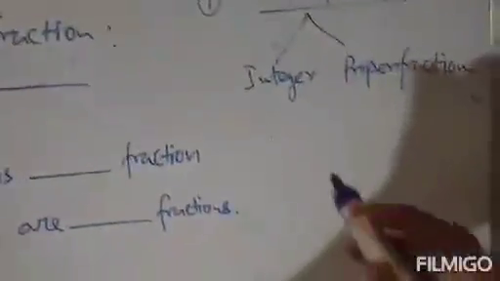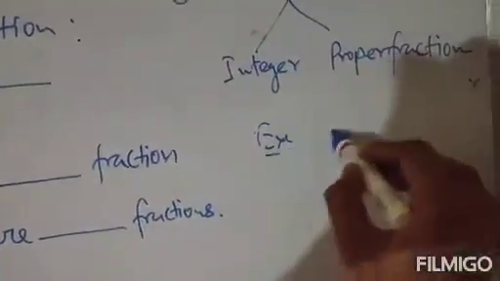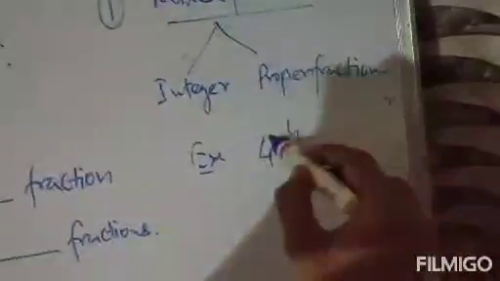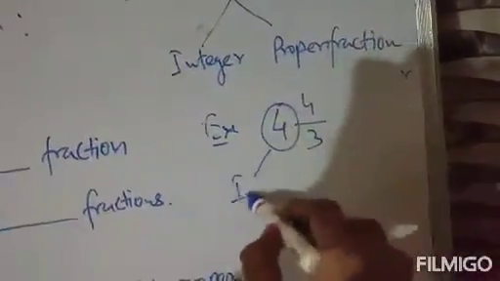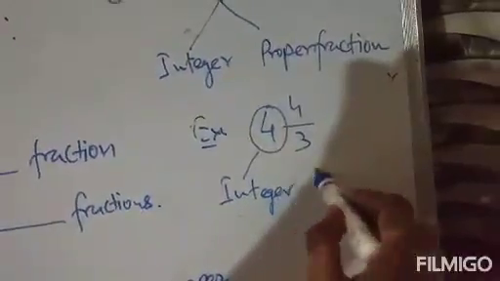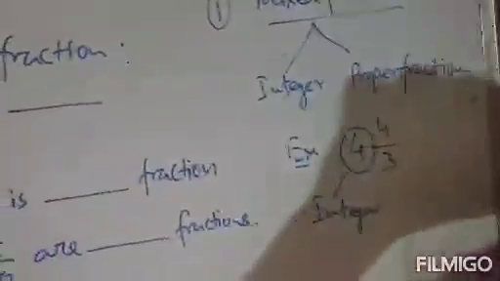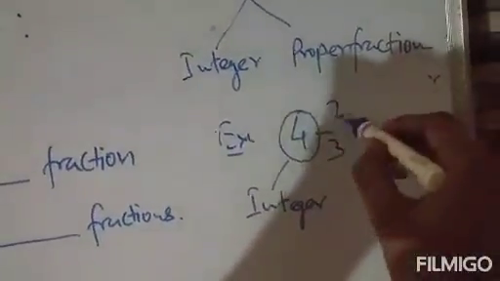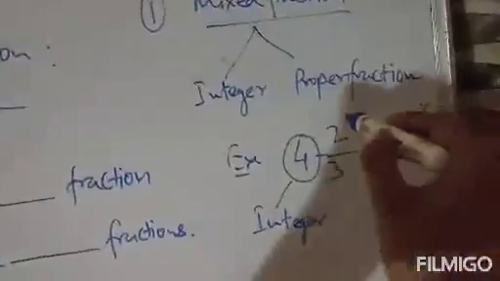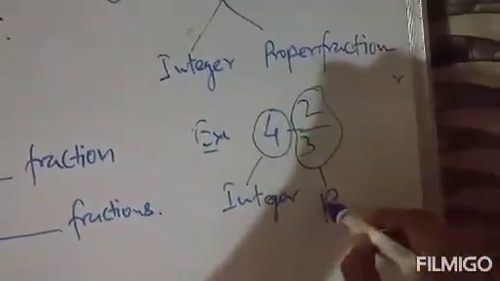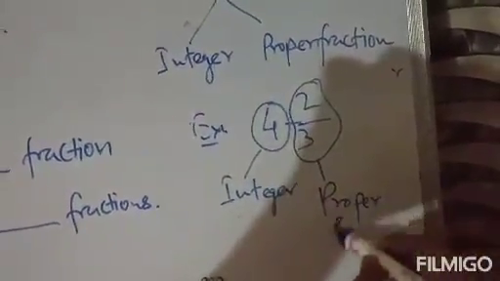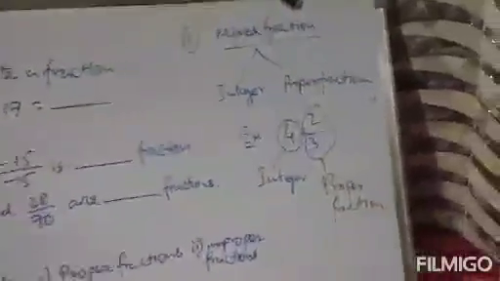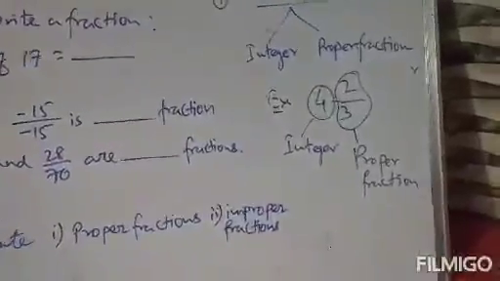What is an example? Example is like this: 4 and 2 by 3. This is a mixed fraction because this one is your integer part. Clear? Suppose it is 2 by 3, and this one is a proper fraction. So 4 and 2 by 3 is your mixed fraction because 4 is an integer and 2 by 3 is a proper fraction,